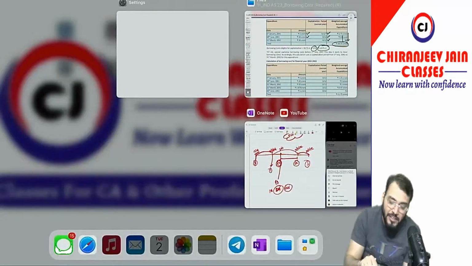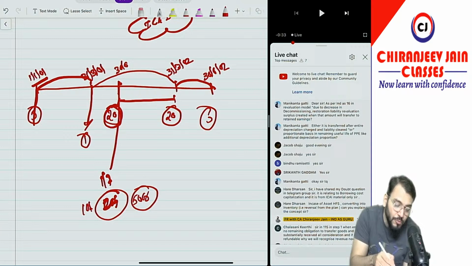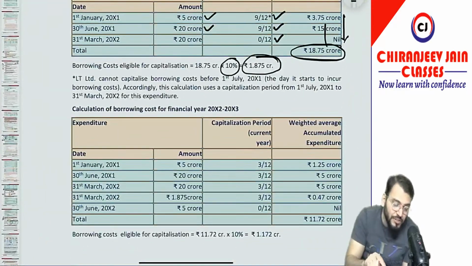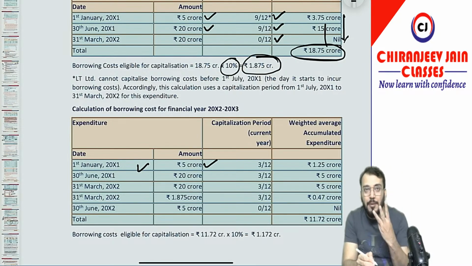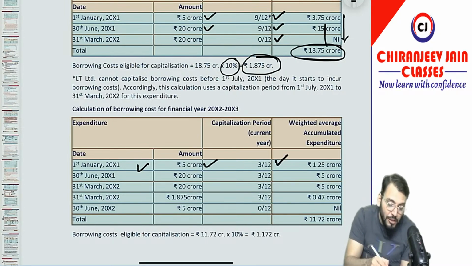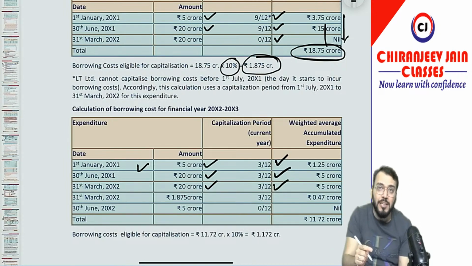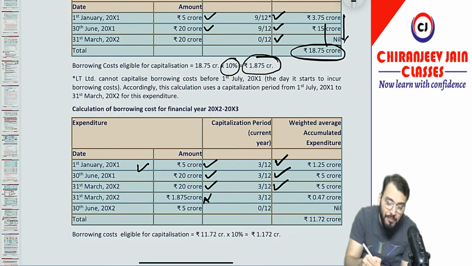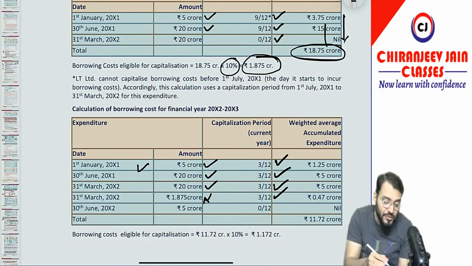Next year, from this date, whatever expenditure has been incurred initially will also be taken into consideration. The first expenditure which was done on 1st Jan 2001, that is 5 crore, you will do capitalization for 3 months. Then 20 crore, 3-month capitalization. Then 31st March, 3-month capitalization. Then 31st March 2002, the interest you have capitalized, whatever interest you have capitalized, will also be part of expenditure on qualifying asset. So on that expenditure also borrowing cost will be capitalized. So you can see 1.875, 3-month capitalization will be done, and the last 30th June